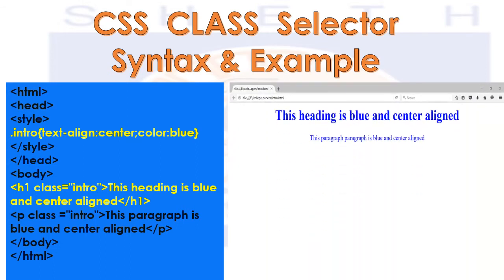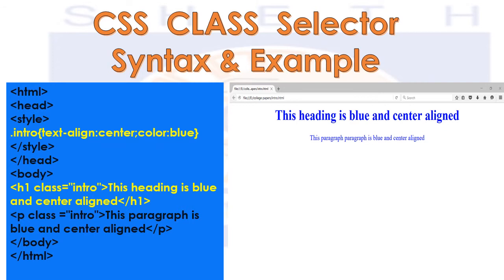So you can see on the right hand side there is the output of this particular program. You can see here the heading is blue and center aligned. This is the highest heading H1 tag with the sentence we had written in the H1 tag, and the next sentence was the paragraph tag. So in both the cases I have applied the CSS, the class CSS.